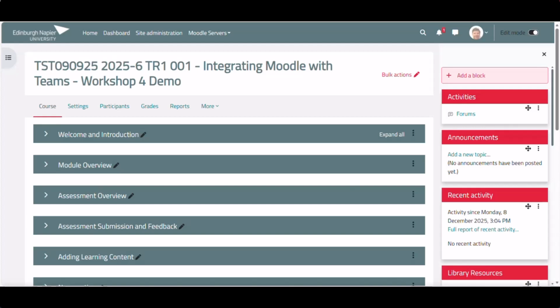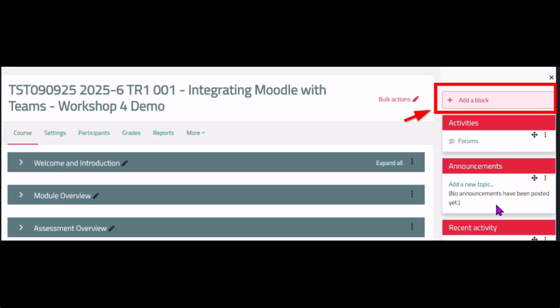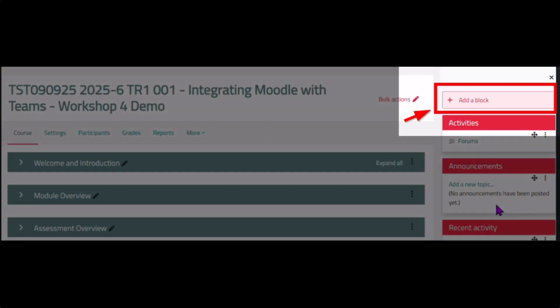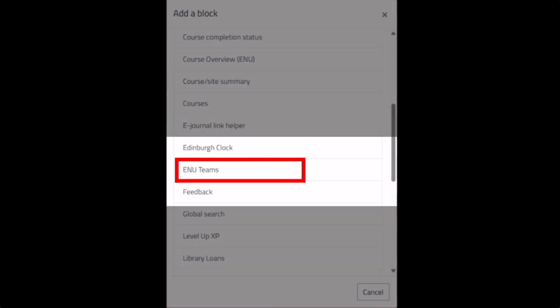As with all things in Moodle, initially you would turn editing on. And when you do that, you'll enable your block drawer here on the right-hand side, and you would choose Add a Block. So some of you are familiar with this functionality. You then get a list of all the blocks that are available to you. So these are all things that you could put on your Moodle course, and some of you will have them already. You would choose ENU Teams,